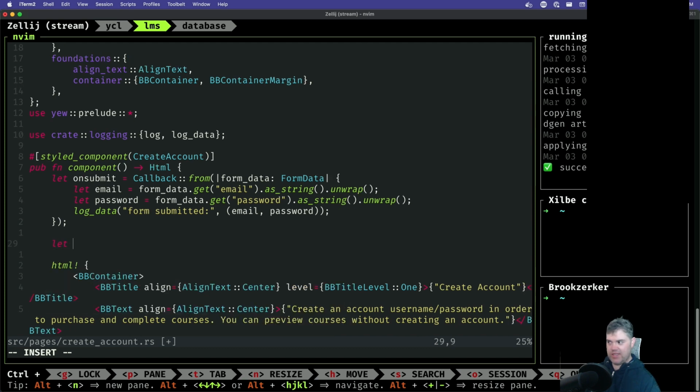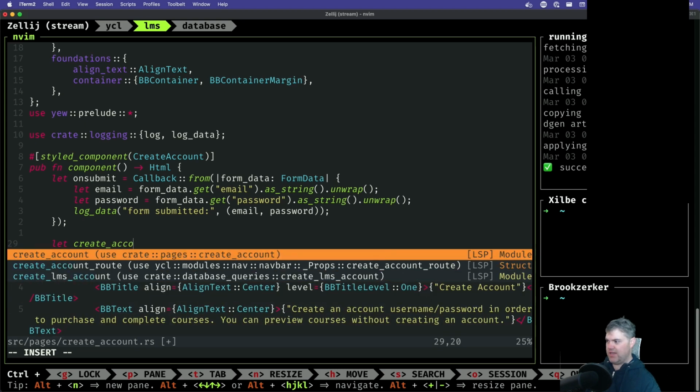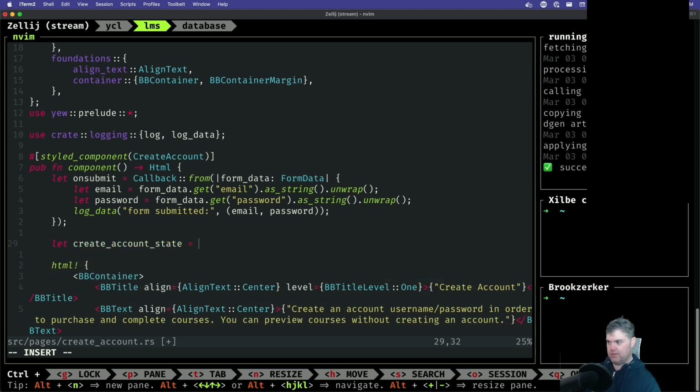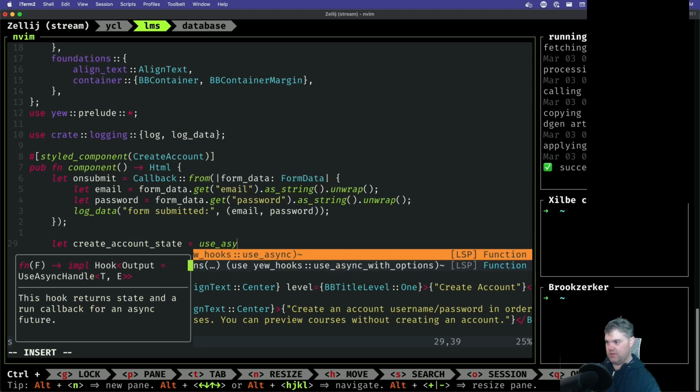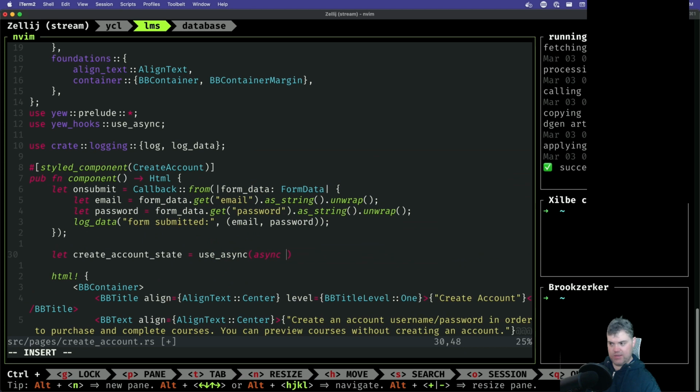So if we do something like let create account state, use async, we have an async future. Inside of here, oh, I know. This will be